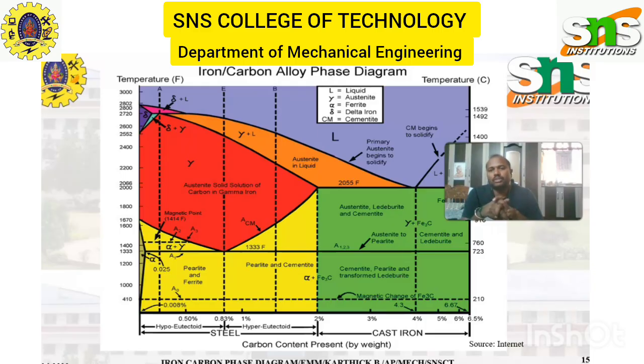Now we are going to see what happens when we combine all the glimpses we have seen in the last two videos. When we put them together, we see a full iron carbon diagram like this. Then we have some more points to be discussed. The first thing is that